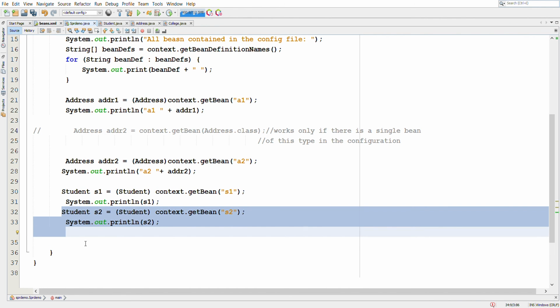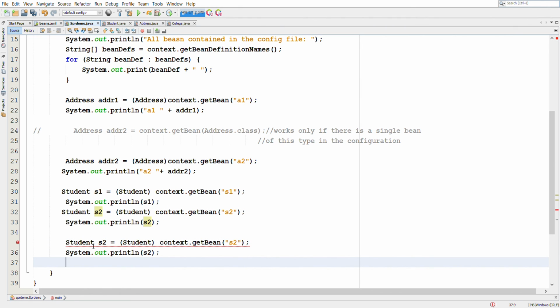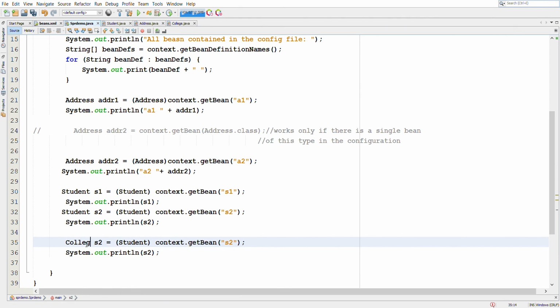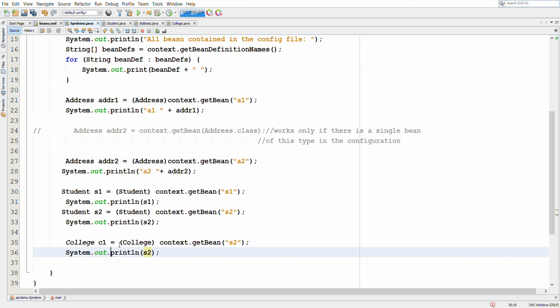So here we can simply call the getBean method for college. This is college C1, and the bean name is C1 as well.